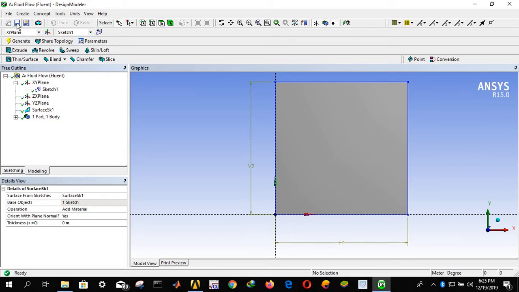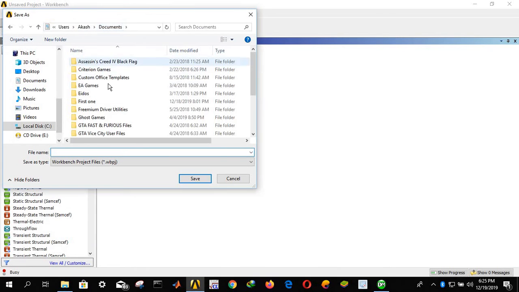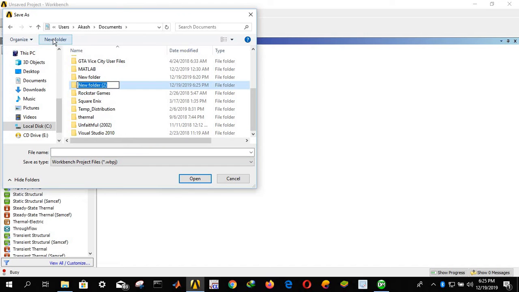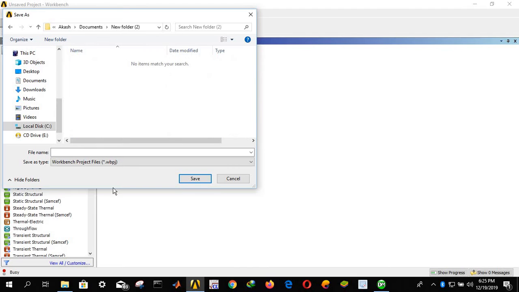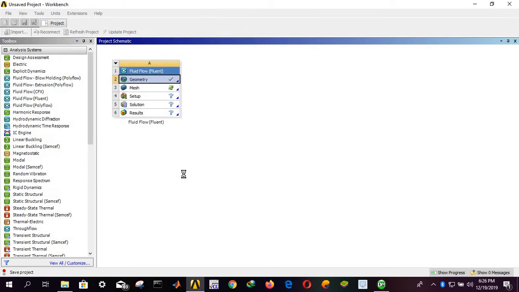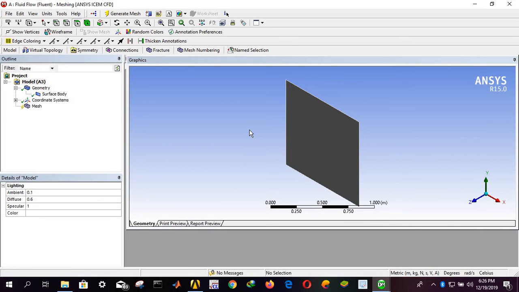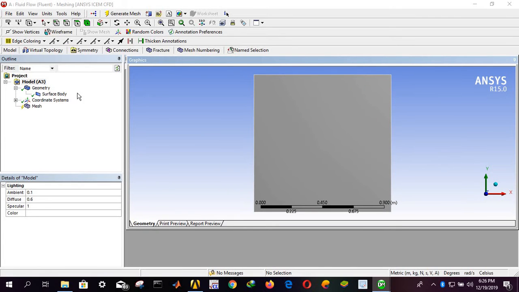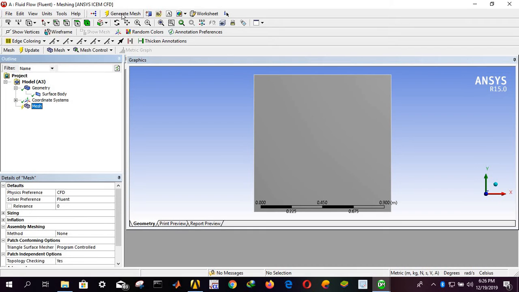You have to save your project. Click on save and create one folder or something. I'm keeping it as a new folder and in that just give a name like 2D temperature distribution and save it. So your whole project will be saved there. Now go to mesh. Same way here also click on Z axis. So now if you click on mesh and just generate mesh,